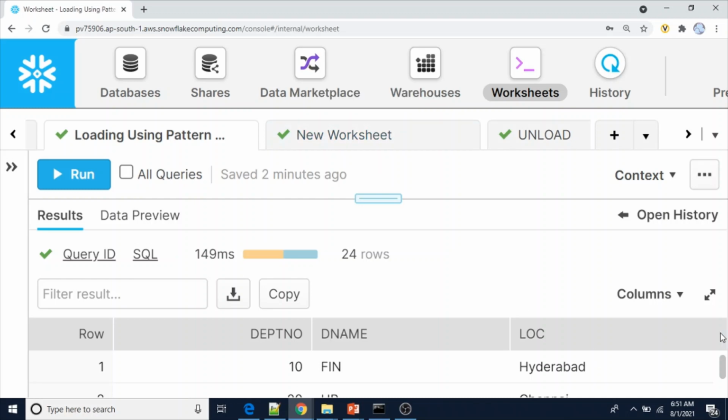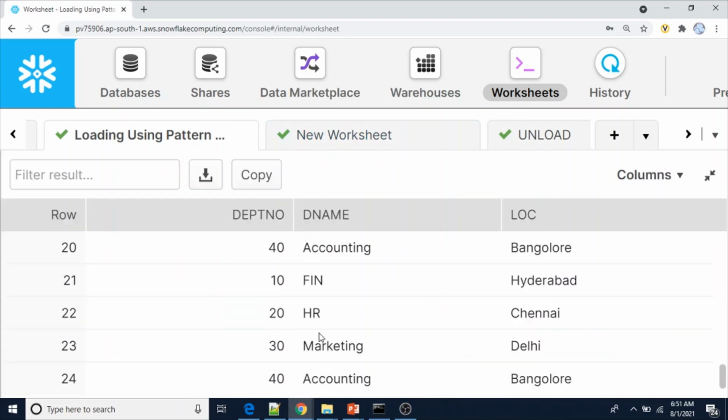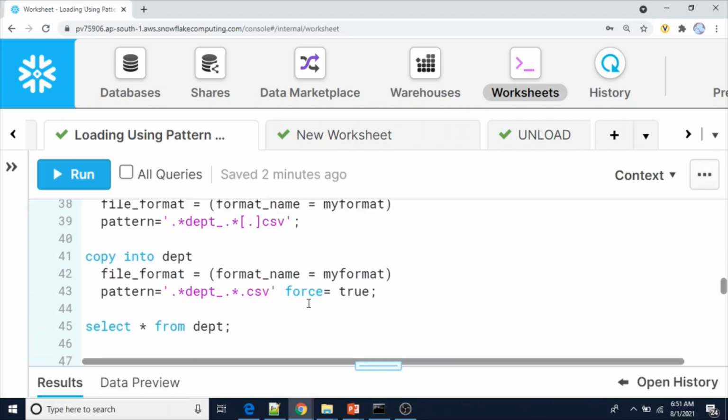Finally we'll see the data from the table. Because we have loaded multiple times and all files have the same data, we see duplicates. So this is how we load files into a Snowflake table by using a pattern. Please note that I didn't specify the number of characters here.